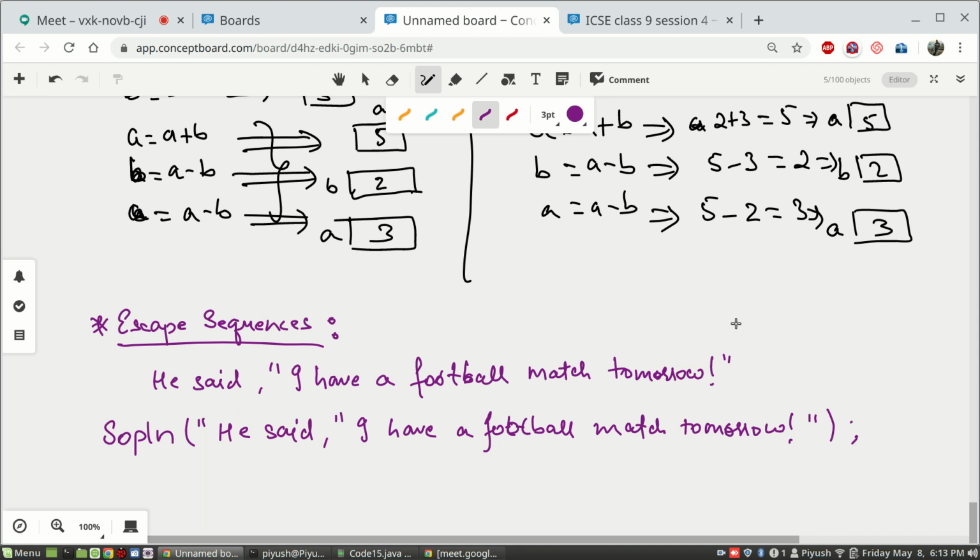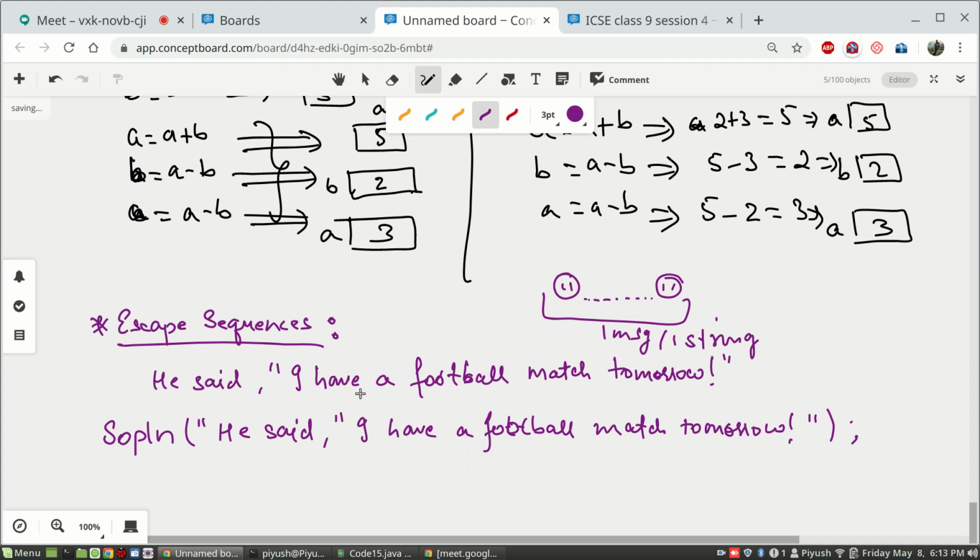Another double quote, right? So what will happen is, how does a computer, or Java, understand whatever message you are giving it? A message starts with double quotes and ends with a double quote. So whenever you have started a double quote, whatever comes in between till it finds another double quote, it will consider as one message or one string, right?